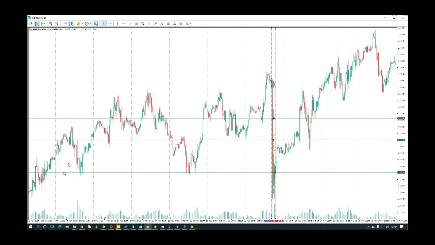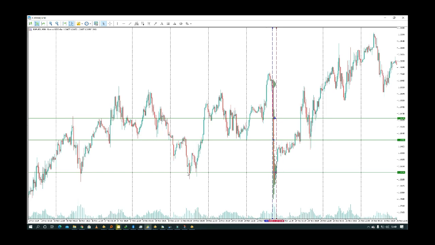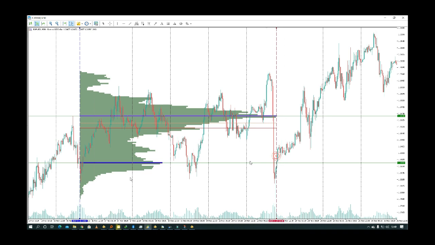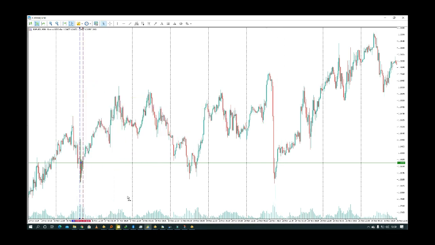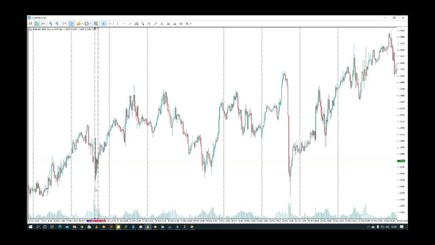So we've got another rejection. You see this rejection area, it's obvious that one of these was actually testing it, so let's just go and check it out. This rejection area, as you notice, I've skipped some rejection areas, but I take it that you get the logic of how we use the volume profile indicator for these